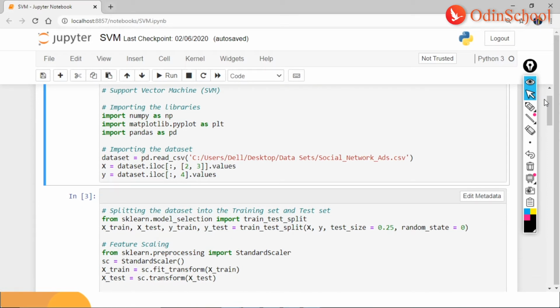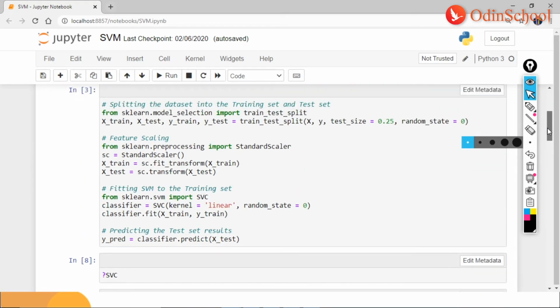Right, so as you can see, this is an SVM variant, and here what is it that we are doing? I'm importing a couple of libraries as known to all of us, that is NumPy, Matplotlib, and Pandas, and then I'm importing my data set as well in the second cell, and the data which we are using here is social network ads. Right, guys, after which